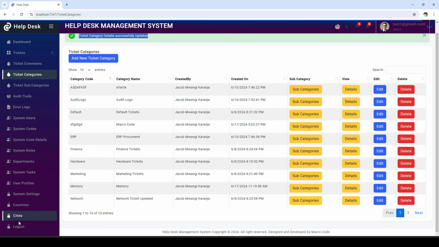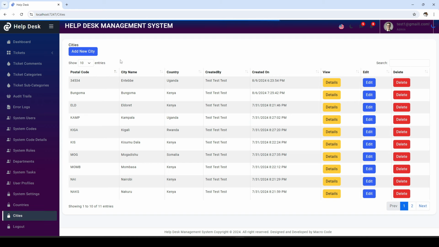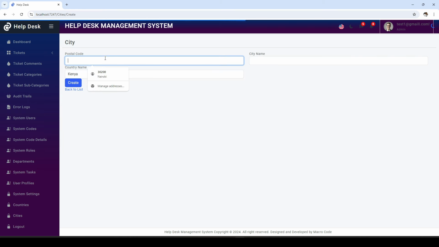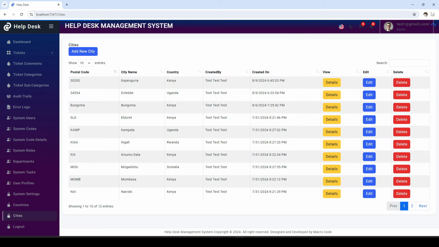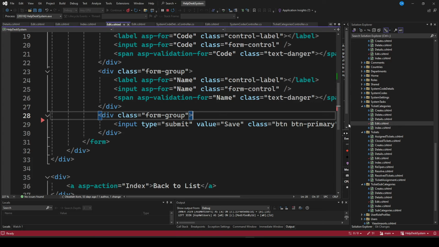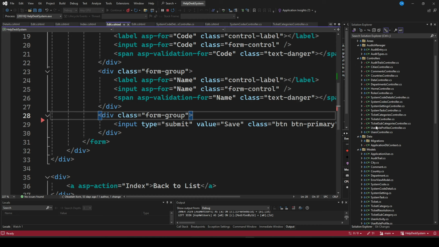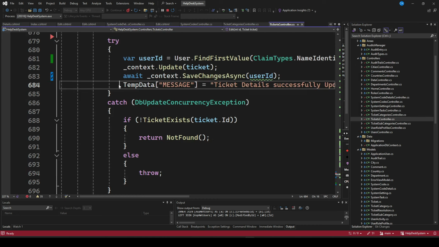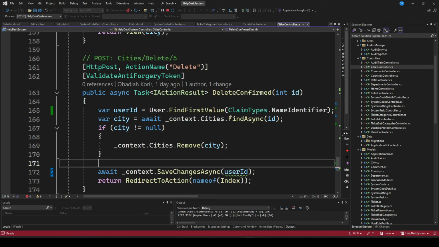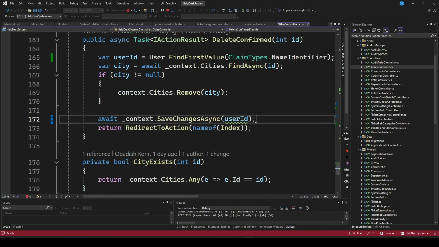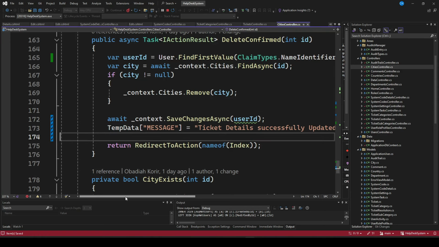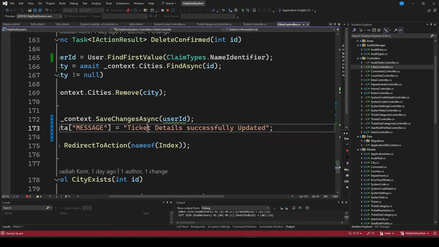Some of the properties on the application, like cities, we didn't have messages. You can see, for example, if we click a city here and you say Kapenguria, and if we save, we don't have the message. So we need to add them. If you remember previously on our application, when you are adding them, you are actually adding this TempData. So if you come to cities, you can actually come here, and even after deletion, you can always add a message, say this is a city,